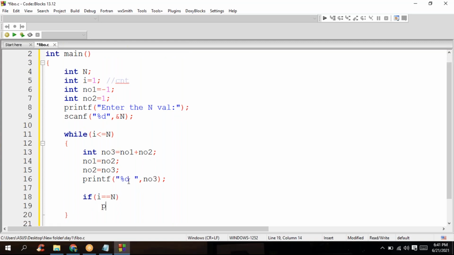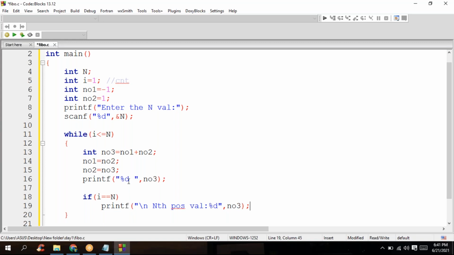So when it is equal to n, I can just mention printf, the nth number. I can mention nth position value is the number which belongs to number 3. I notice that many people use number 2. That is also fine. No worries. Okay. So this is done.